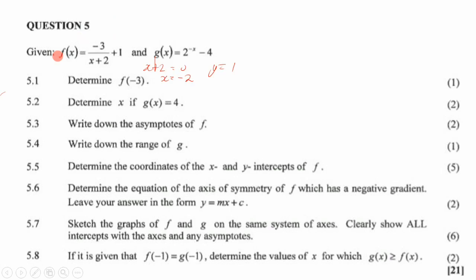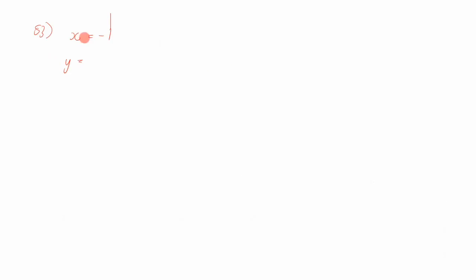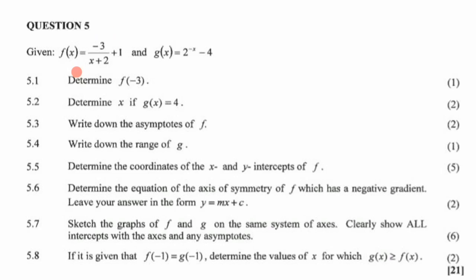So writing our answer for 5.3, the equations of the asymptotes are x is equals to -1 and y is equals to, not -1, meant to say -2, so let's erase here. So we have x is equals to -2 and y is equals to 1. Pardon me there. Then in 5.4, it says write down the range